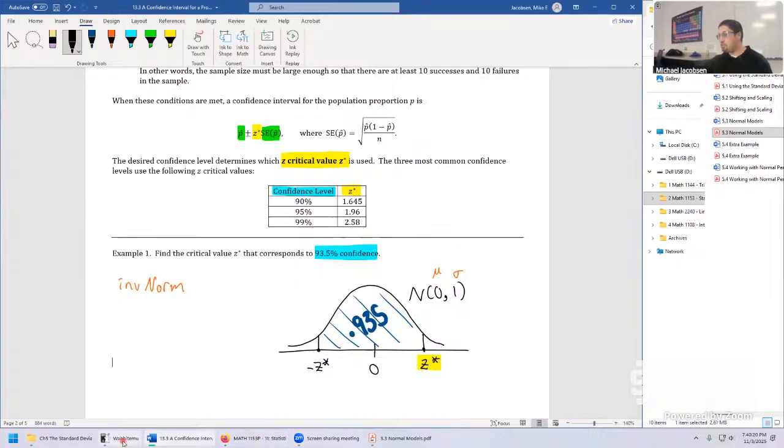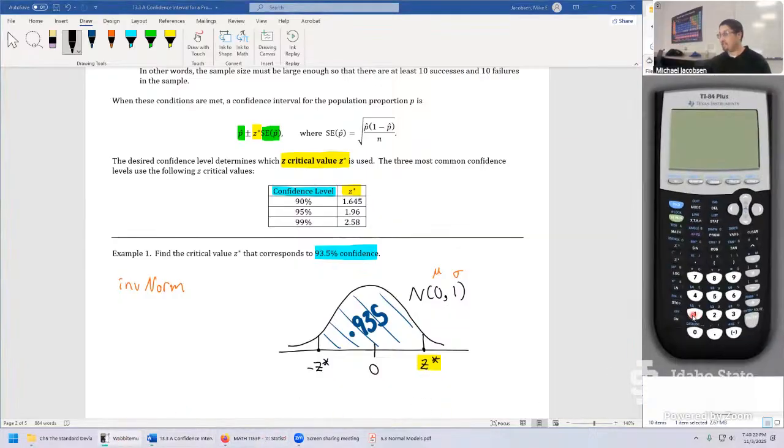And now this just turns into a calculator computation. So here's the challenge with our calculators, though, is everyone has a slightly different TI-84 in class. So some people might be able to set center area to 0.935. If that's your calculator, you're good to go. If your calculator looks a little bit more like mine, the only area it's going to accept is the left tail's area. So that's the number we're going to put in.